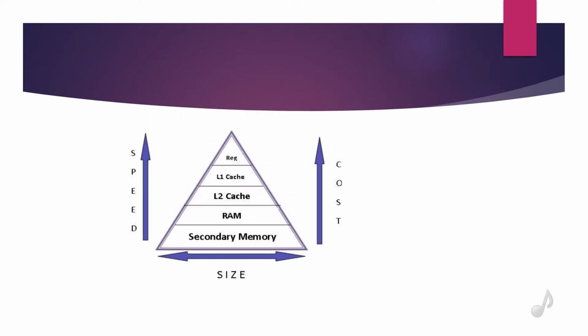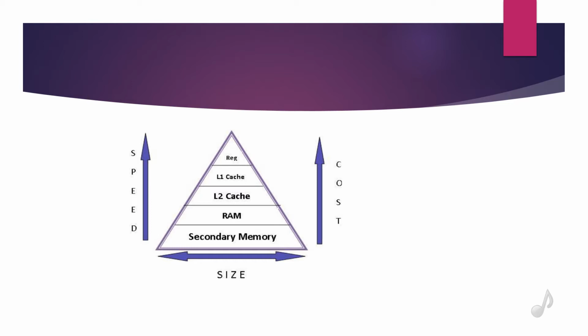The main memory is at the second level of the hierarchy. Due to its direct connection with the CPU, it is also known as a central memory. The main memory holds the data and the programs that are needed by the CPU. The main memory mainly consists of RAM, which is available in static and dynamic mode.